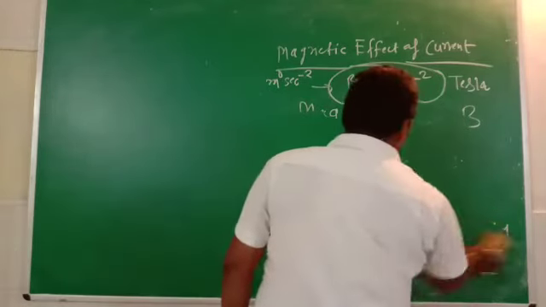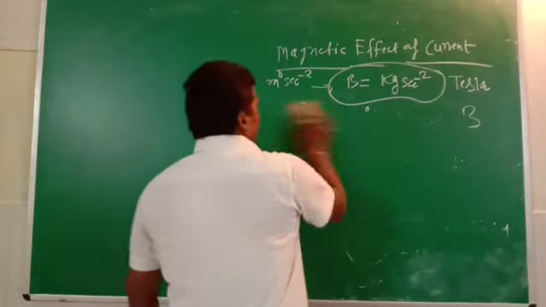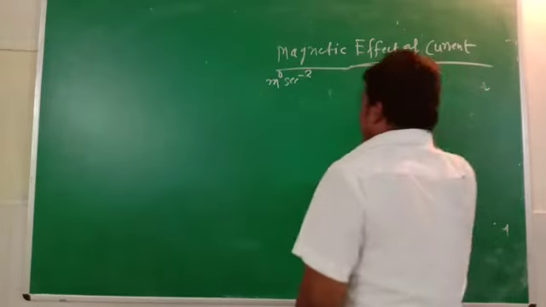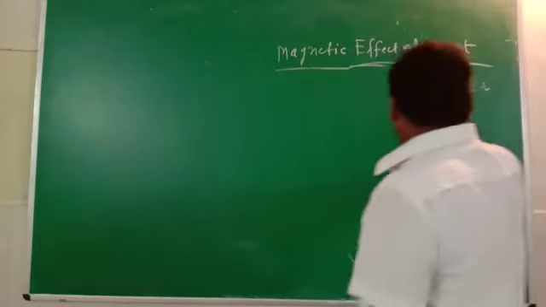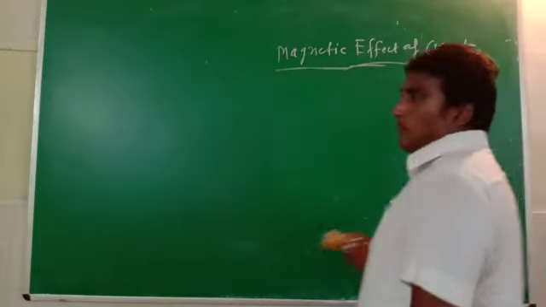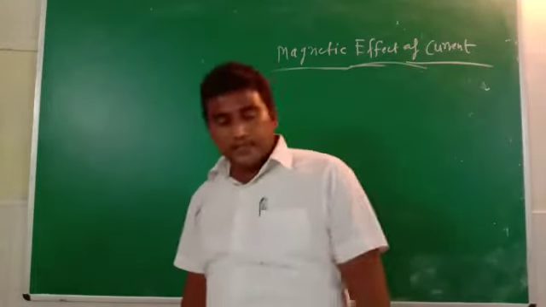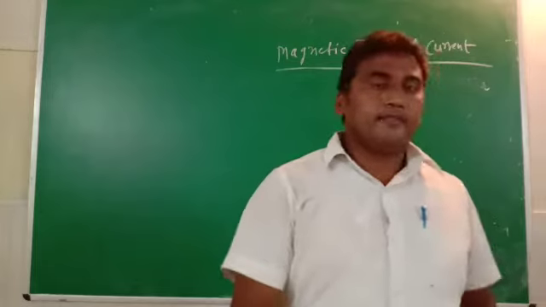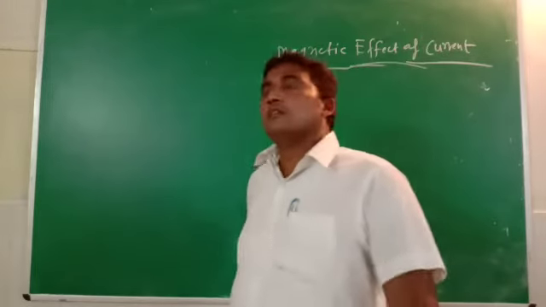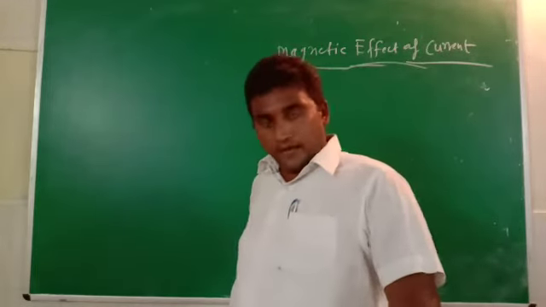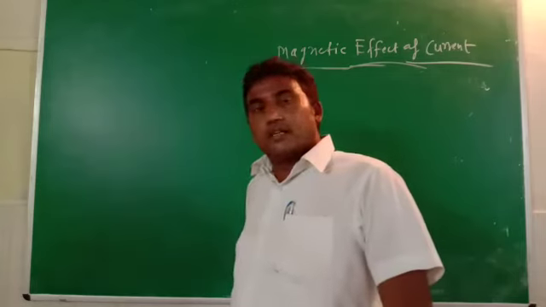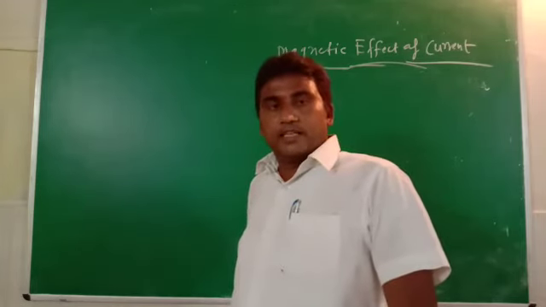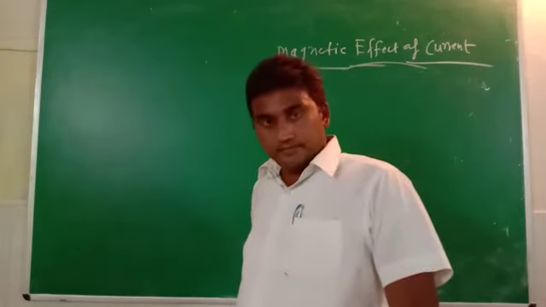We know that the magnetic field is generally of two types. One is cross, another is dot. What is a cross? When the magnetic field is in the inward direction, it is always represented by a cross. But when the magnetic field is in the outward direction, it is generally represented by a dot.